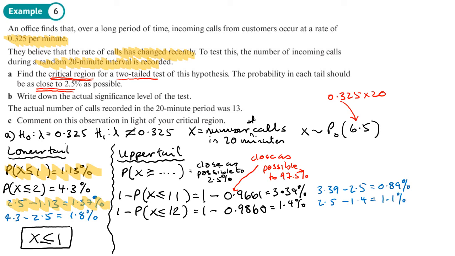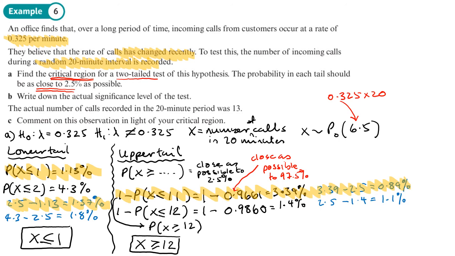So what does that mean? That means that this is closer, this wins. Now, if I'm working out 1 minus the probability of x is less than or equal to 11, that is the same as the probability that x is greater than or equal to 12. So here the critical region is x is greater than or equal to 12. If the number of calls is more than or equal to 12 in a 20-minute period,